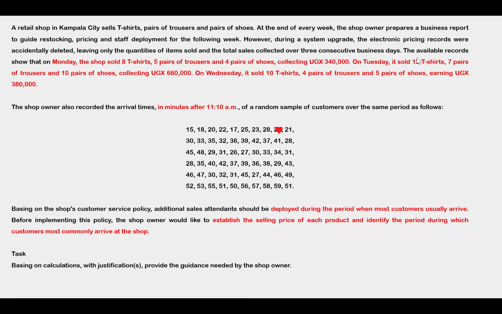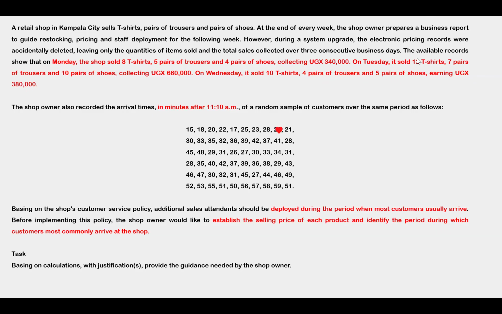So having read the task and the scenario given, we're able to identify that this particular scenario has two problems. The first problem is presented by the retail shop owner and his collection of data, and the second one is in regard to staff deployment and also time of arrival. So the first problem we're going to address, the first objective of this task, is